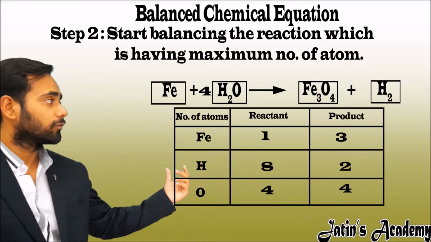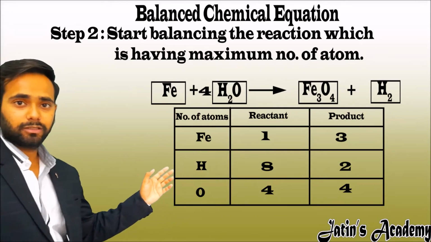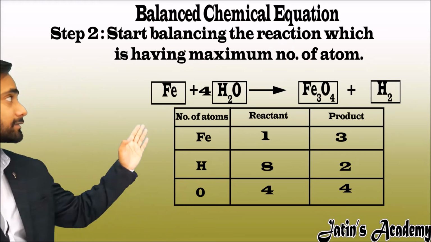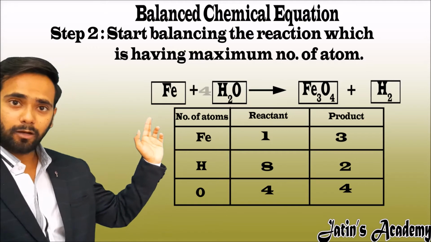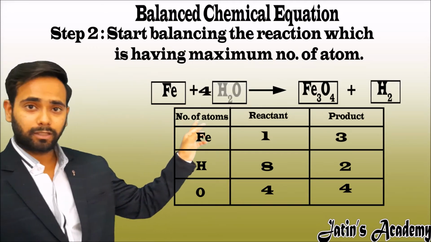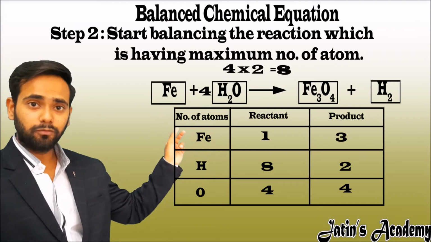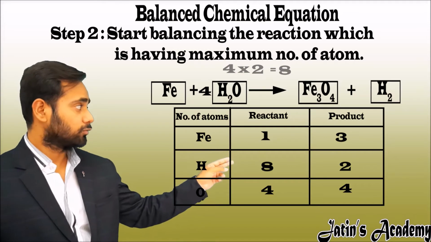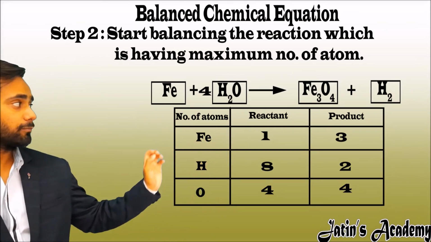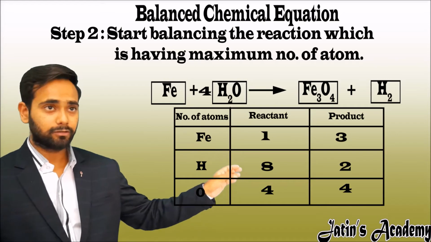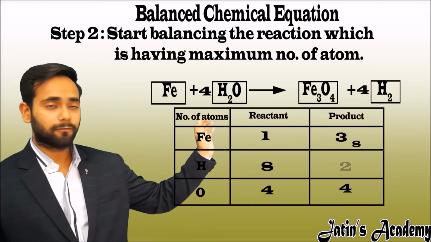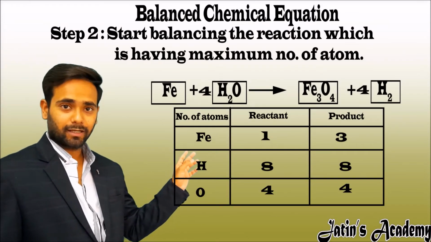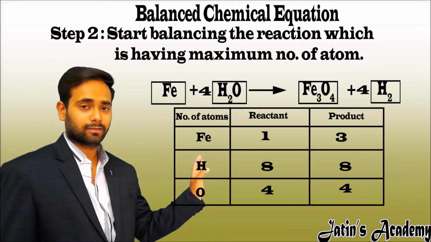Now on the reactant side, hydrogen is 8 atoms. First of all, understand how 8 comes. See, in the reaction, 4 is outside the box and hydrogen atoms are 2. So multiply 4 with 2, we get 8 atoms. And on the product side, the hydrogen atom is 2. So in order to make it the same, we have to make 8 hydrogen, so we multiply by 4. As you can see, the number of oxygen atoms and hydrogen atoms on both the reactant and product side is the same.